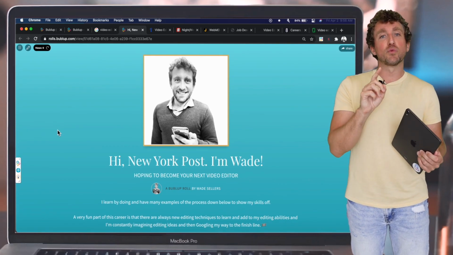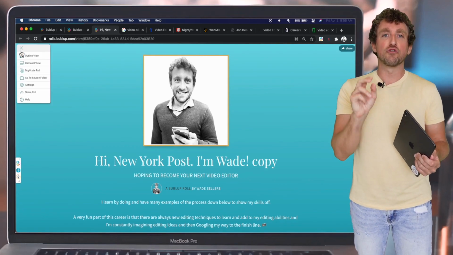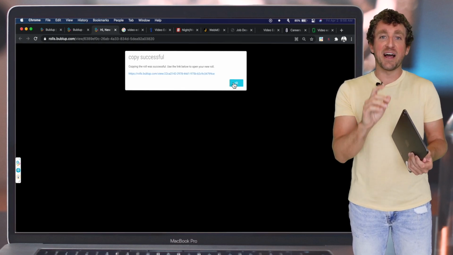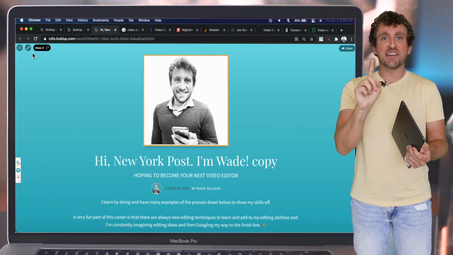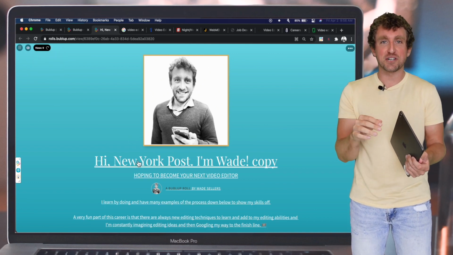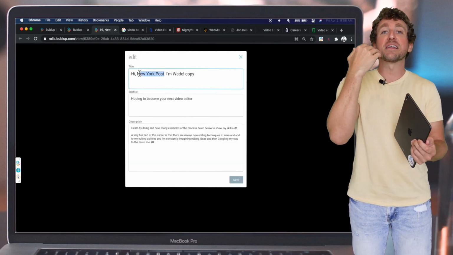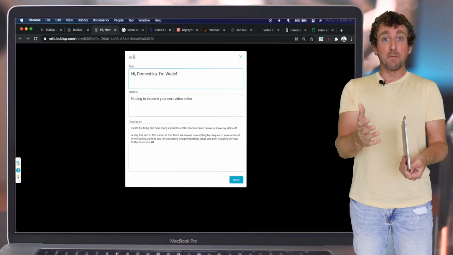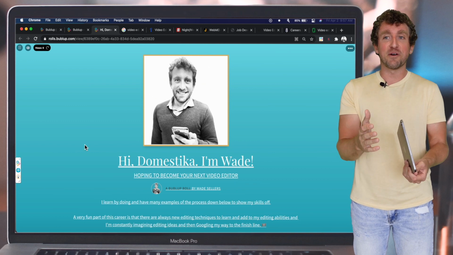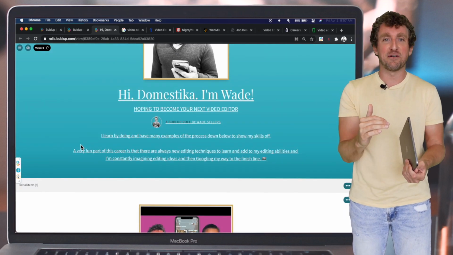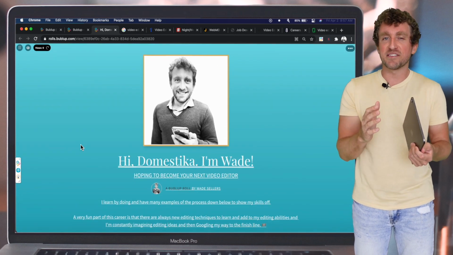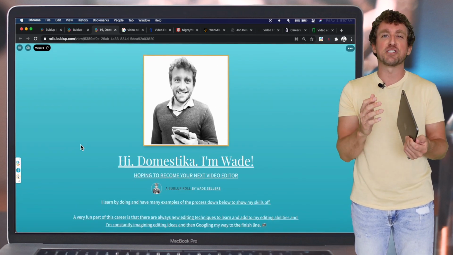Now, here's a little hack. In BubbleUp, at the roll, I can actually right-click and duplicate the roll. What's really cool about this is in the new roll that I duplicated, I can hit edit and I can change the text at the top, right? I can create a new introduction for the person I'm talking to, for the company I'm talking to, so that everything is specific to them. Now when they open up your webpage and see your portfolio, they actually see a contextual little letter to them and then everything down below it that you've created. This is a really, really nice touch that actually separates you from the pack and makes you memorable.